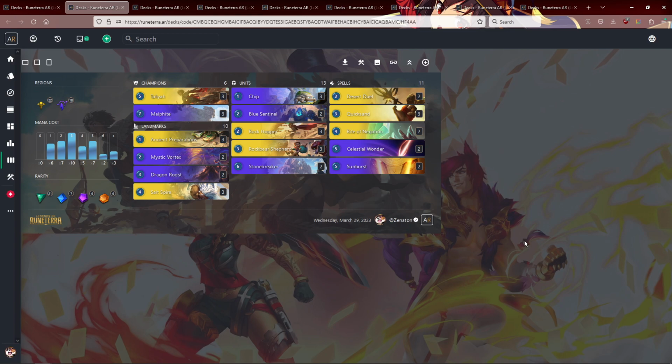But Taliyah Malphite has always been a kind of a secondary landmark-based deck, if that makes sense. Instead of playing, sometimes people would just play Malphite over Ziggs and play Targon instead of Ziggs. I like the deck now. I think with the rotation slowing the game down, a big guy like Malphite just actually gets to do what he wants to do, which is just come down and slow the game down